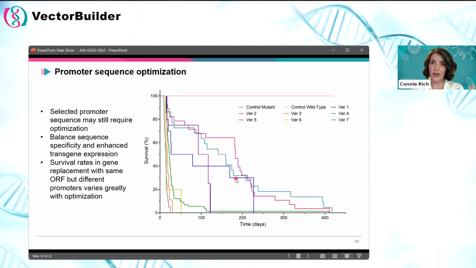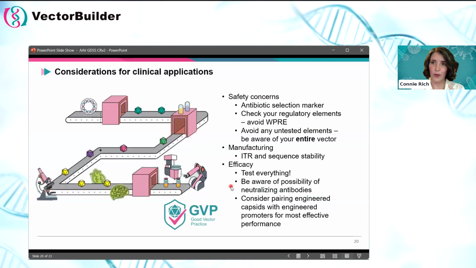So that sequence optimization following identification is really important, not only for these novel promoters, but it also can be really beneficial for natural promoters as well. And before we wrap things up, because I am close to the time that I wanted to leave for plenty of questions, I do want to note a few key considerations for clinical applications. So when we're looking at